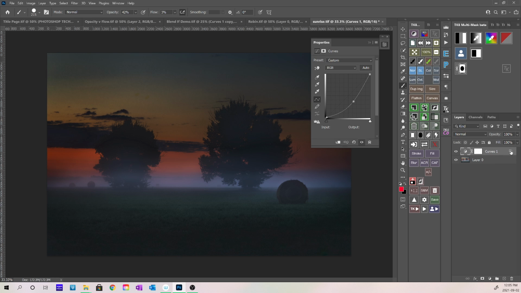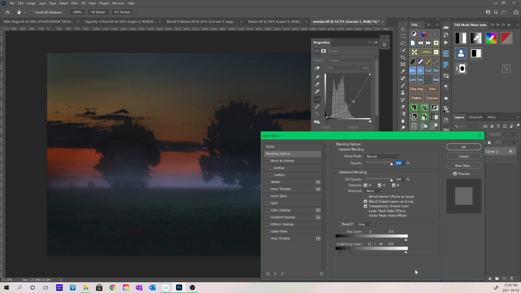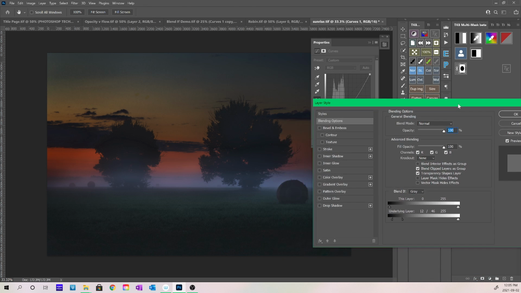I'm just going to bring up that dialog box again by double clicking on the layer. And let's say I also want to protect some of the highlights from getting too dark. So I can move that highlight end of the slider down until I get to the point where the highlights are clearly being impacted by that slider. I mean, they're going kind of weird looking. Alt Option key, split the slider apart, feather that out,